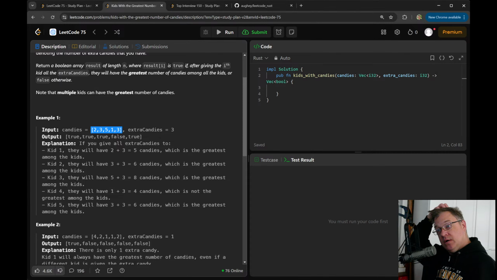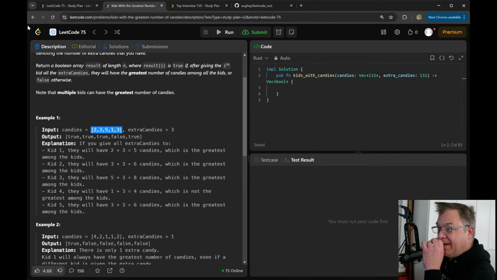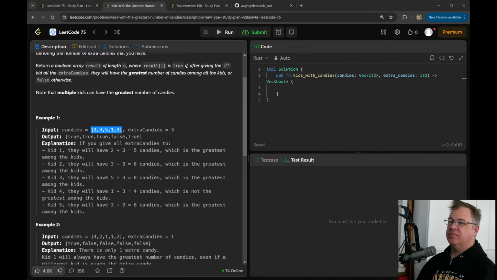Okay. Let's see here. So we need... They will have the greatest number of candies among all the kids, false otherwise. Wow. Okay. Well, let's here. Let previous greatest be candies.iter().max(). All right.